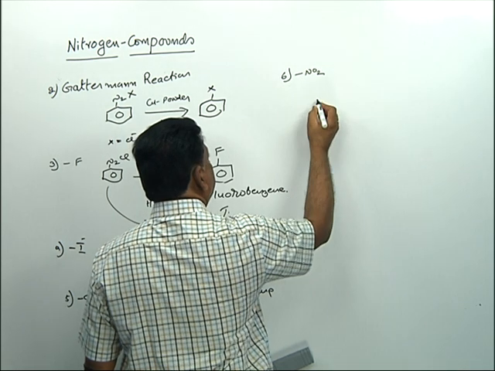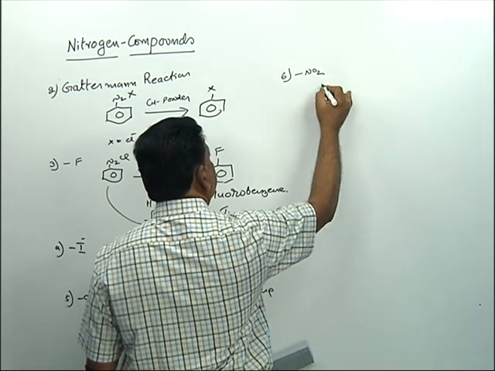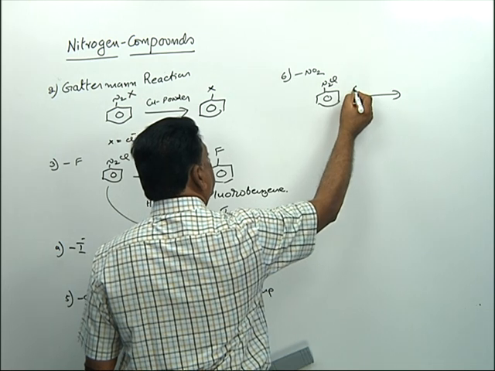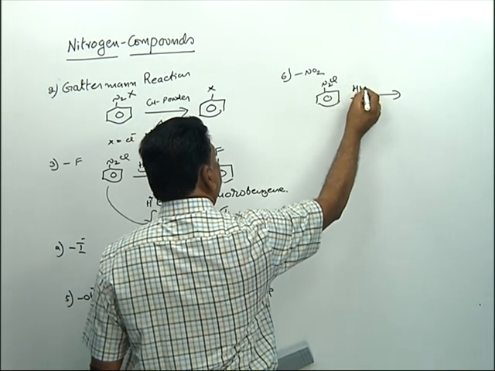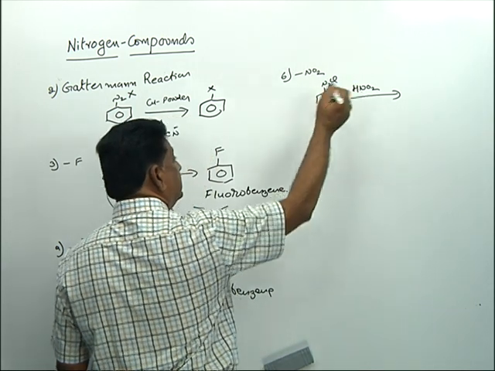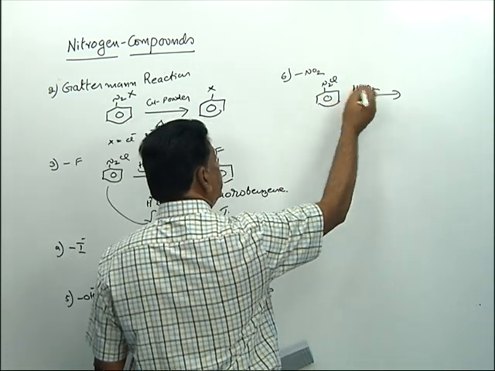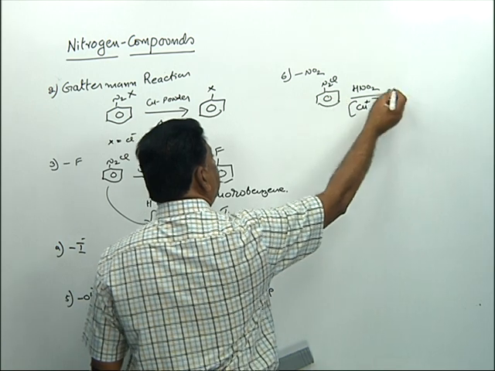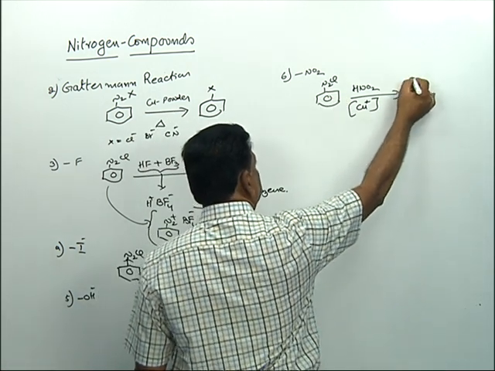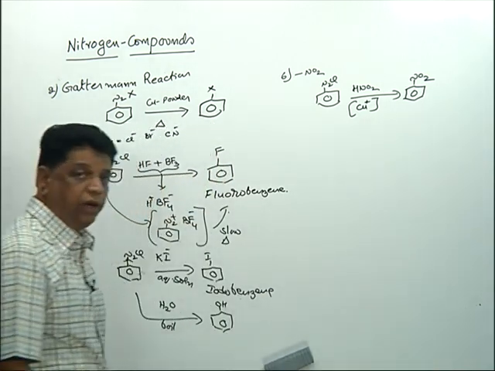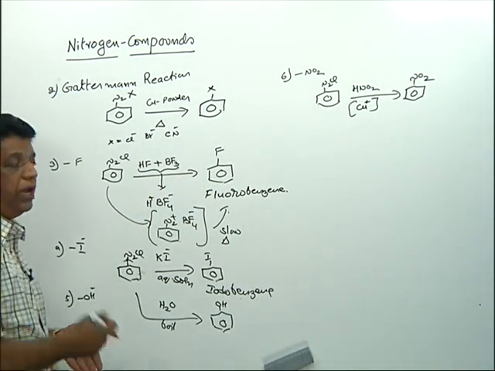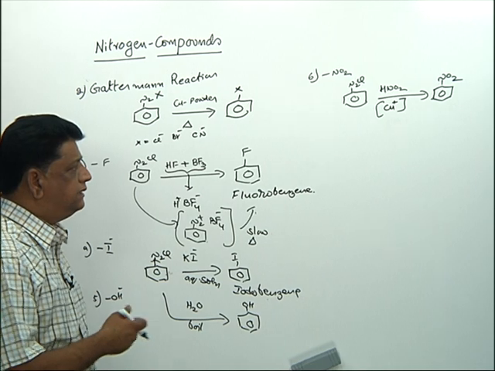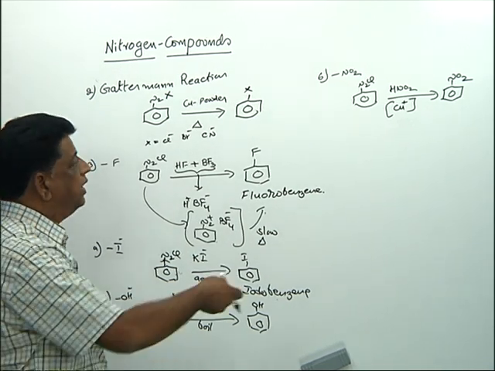NO2 group also can be introduced. Benzene diazonium chloride, sodium nitrite, in presence of copper salts, HNO2. Nitrous acid, anyhow in the diazotization itself we used nitrous acid. That nitrous acid with the sodium salts in presence of the copper salts, copper plus 1 salts, will catalyze the reaction to get the nitrobenzene. In fact, everybody prepares nitrobenzene to aniline, but if somebody asks aniline to nitrobenzene, you can oxidize. However, this is the best method. The aniline, diazotize it, then add nitrous acid, and then in presence of the copper salts, NO2 will